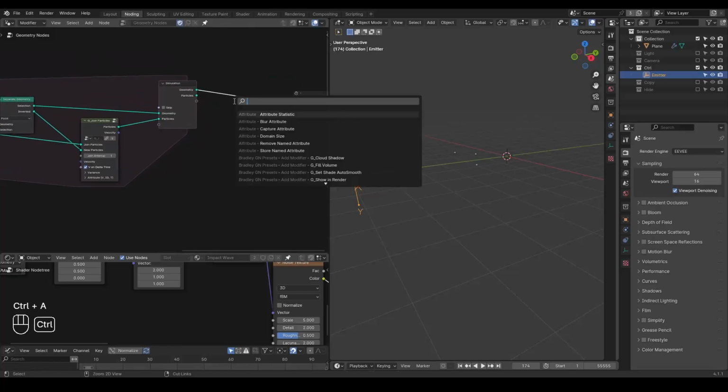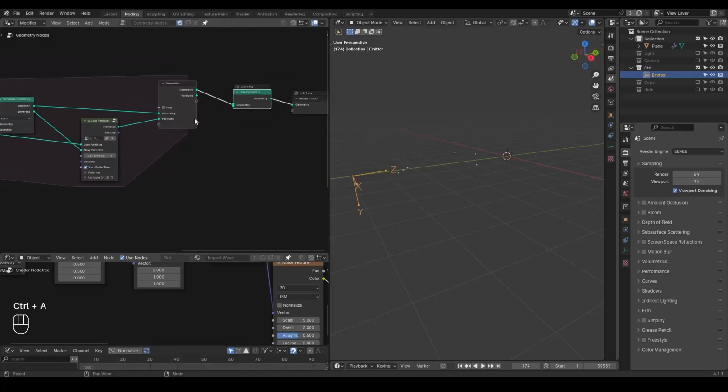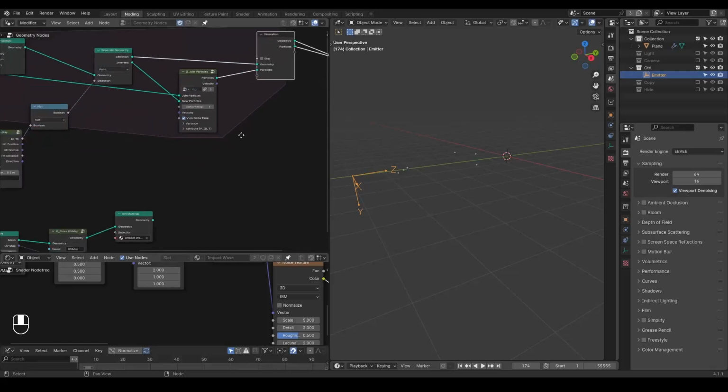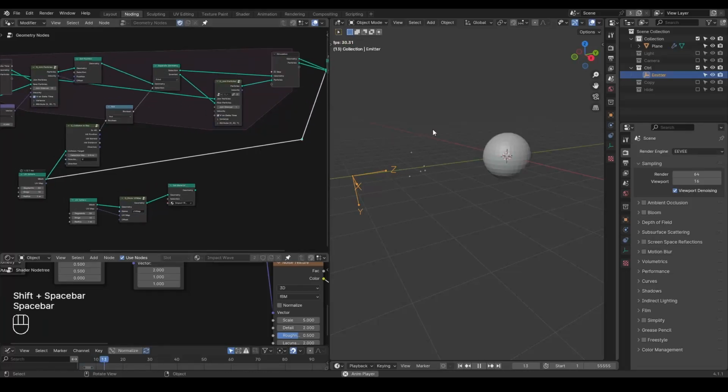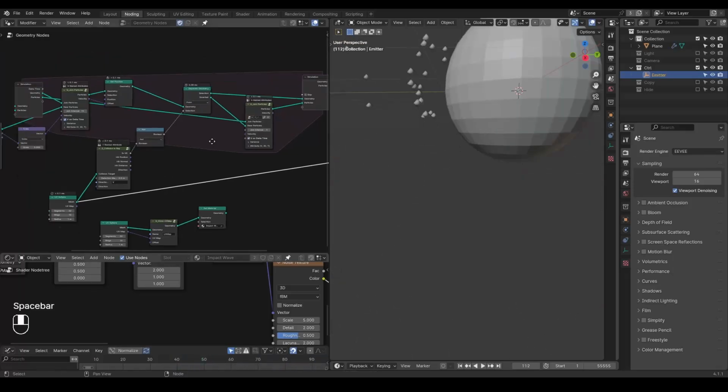And let's just join geometry to look at the result we have so far. And I'm going to plug this into, let's go below. Okay, so now if I play this animation, you can see these particles get stopped once they